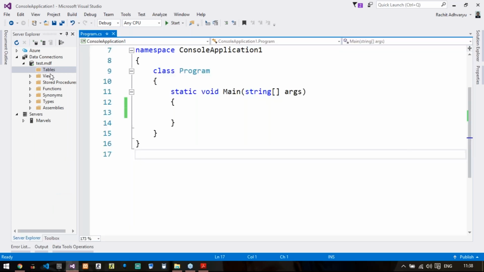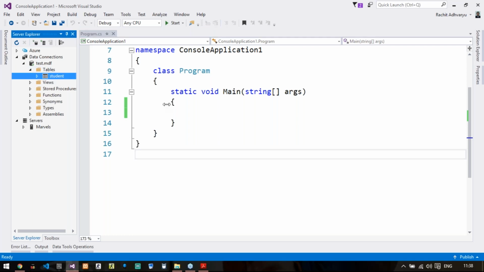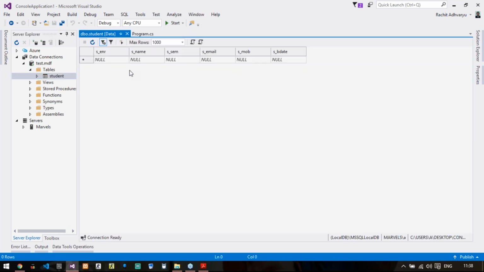Let us say 1, 2, 3. Name is Rachit. Semester is 5. Email is r@r.com. Mobile number is something like this. And date is 12 June 1988. It's not the correct one. 456. Say Krunal. Semester is 6. So Raj, not Krunal. Let us say rr@rr.com.